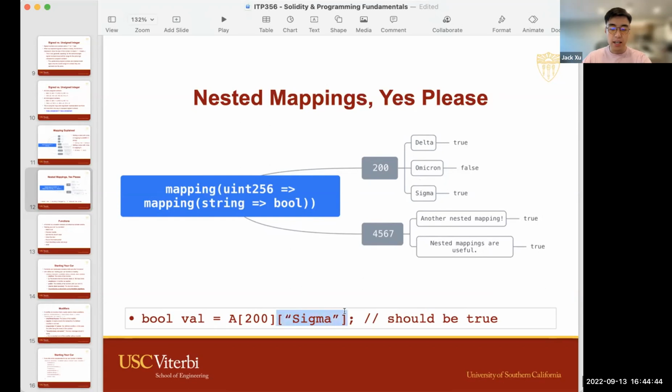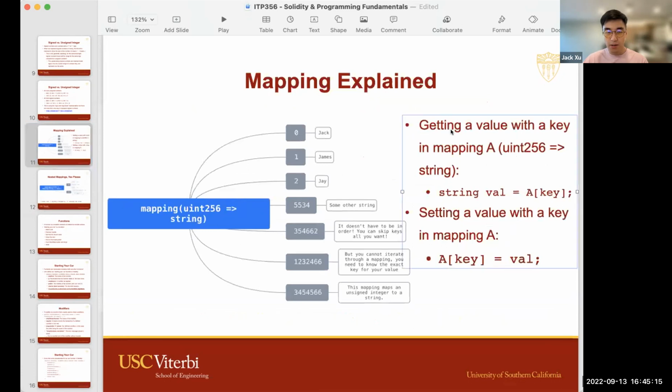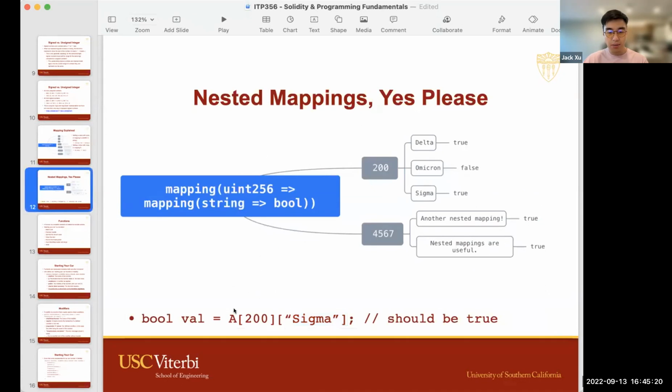Like I can't do this. That will just point me to another mapping. You can't just return a mapping, because technically a mapping is infinitely big. You need to return a concrete value. So within the mapping, you must again specify which key you're looking at. You can think of the number of pairs of square brackets as directly corresponding to how deep the nested mapping goes. You can see here with just one layer, no nesting, we have one pair of square brackets. Here it's nested 2 layers, we've got 2 pairs of square brackets. Okay. Oliver, you had a question?